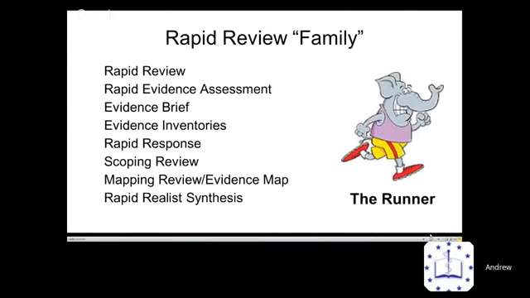So when we get beyond the systematic review family, then life starts to get a little bit more interesting, a little bit more complicated. We can see that a number of these labels have speed in the title: rapid review, rapid evidence assessment, rapid response, rapid realist synthesis. And some of these indicate the level at which we're analyzing the data. So inventories,